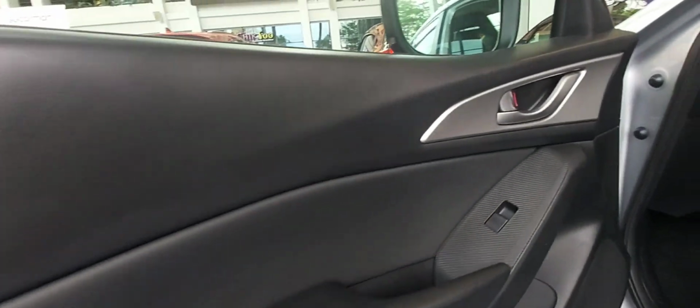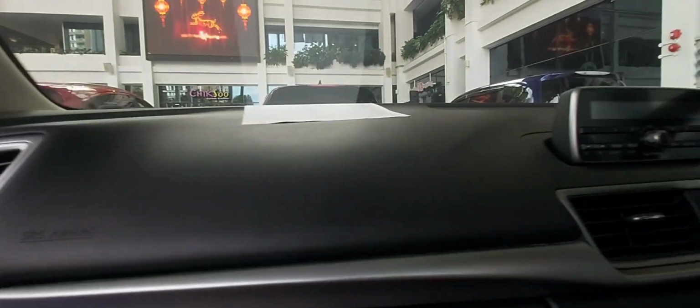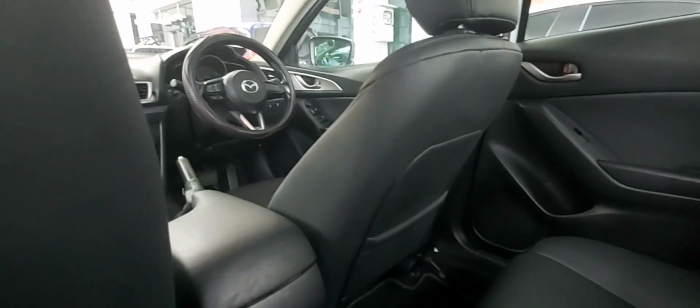To the front cabin of this car, interior design and quality is definitely one of the best in class. The aluminum trim on the passenger dashboard makes it look better as compared to using plastic. Standard for this particular unit will be a 7-inch touchscreen infotainment system with a decently intuitive system. The knobs used for the aircon controls look and feel really good. Even the gear lever is well finished with gloss black surround and red stitching. All the way up top will be a sunroof, which is something nice to have, but let's take a look